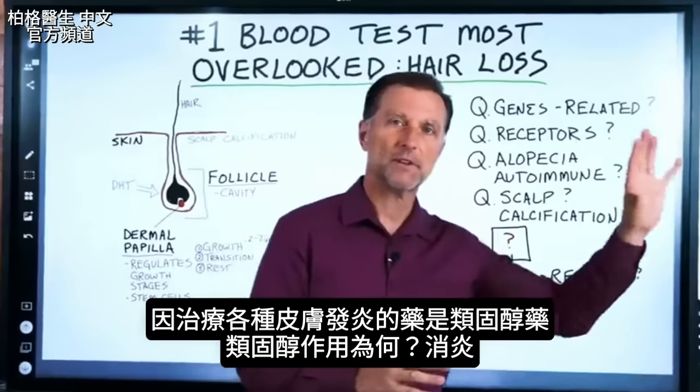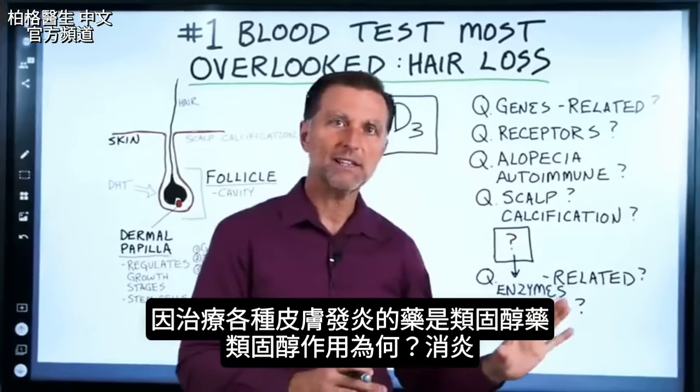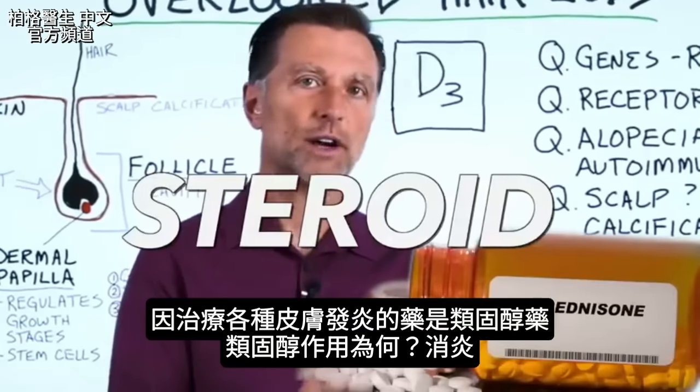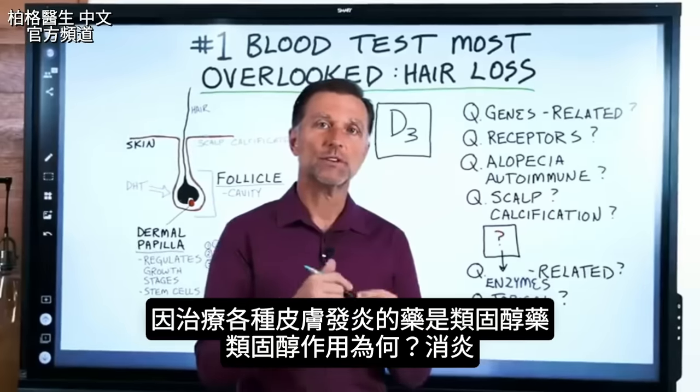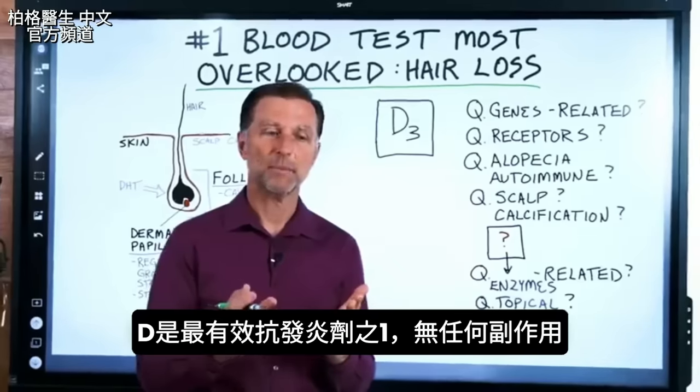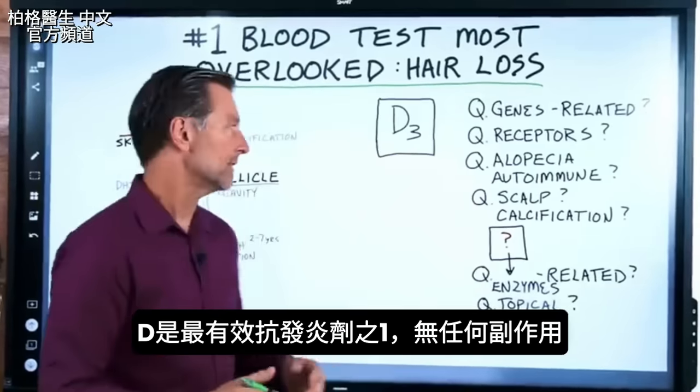these different types of skin inflammatory diseases is prednisone. What is prednisone? It's a steroid. What does a steroid do? It gets rid of inflammation. Vitamin D is one of the most potent anti-inflammatories, but it doesn't come with all the side effects, if any